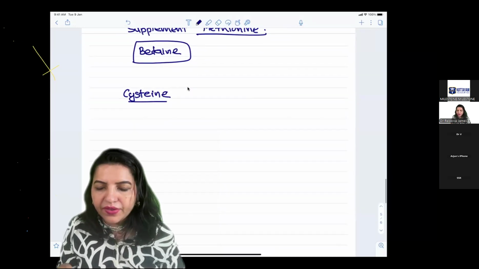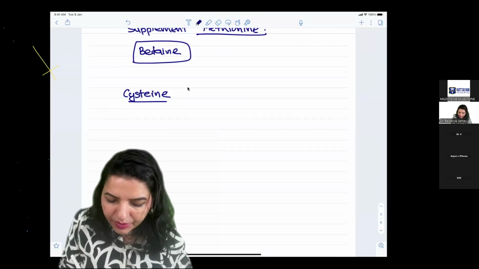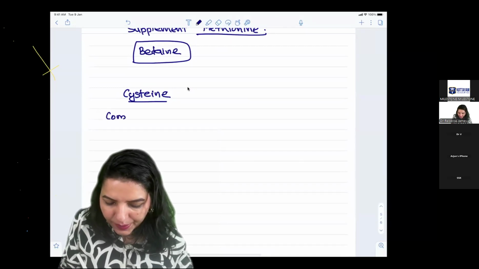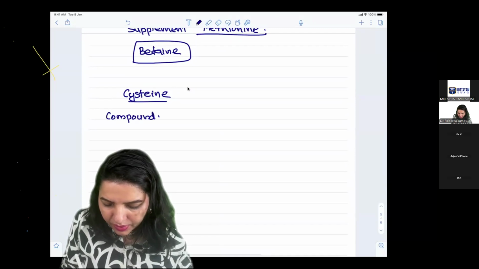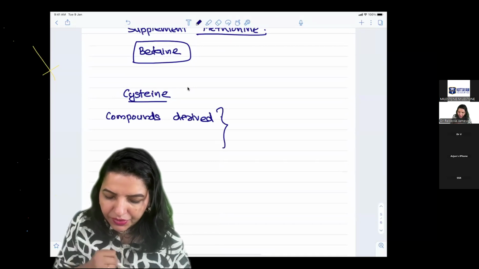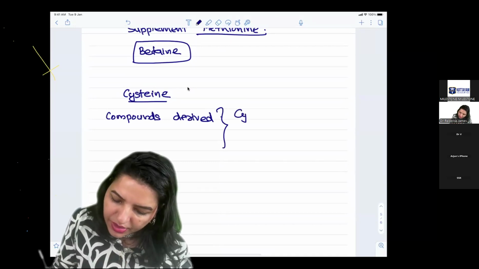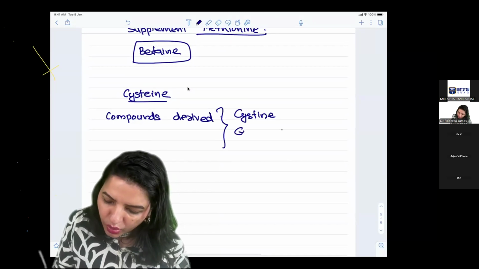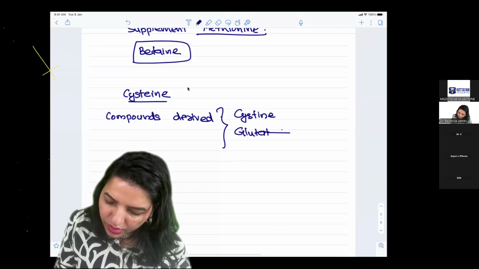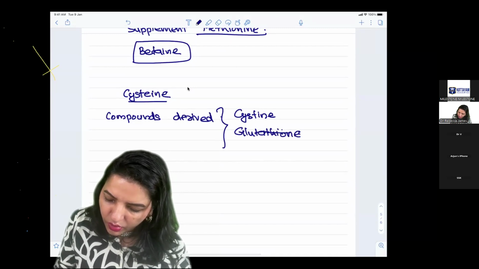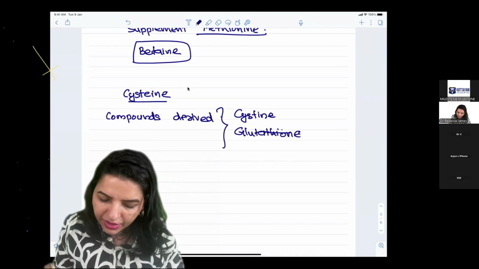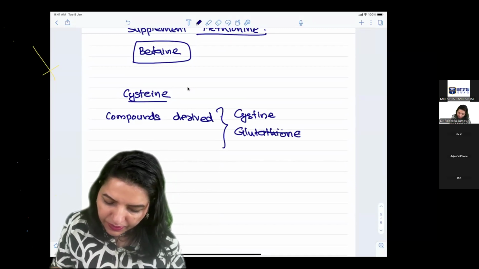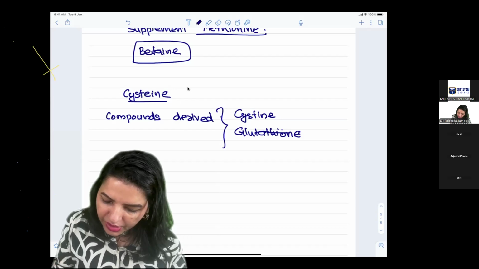Cysteine. So we have seen cysteine is formed, and from cysteine, what are the compounds derived? The compounds derived from cysteine are number one, cysteine. Very easy to understand. Number two, glutathione. Then the next thing, from cysteine we are getting